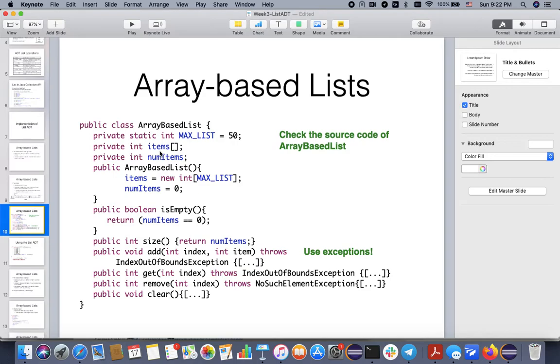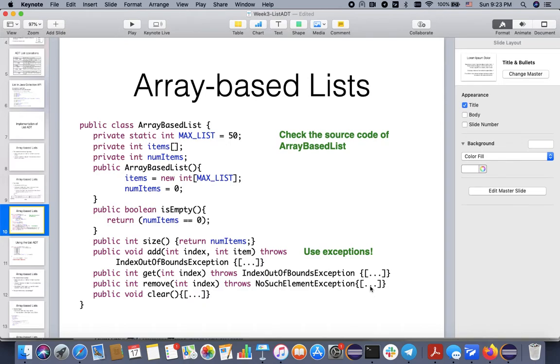So far you have already noticed that I have defined items of type integer. I just wanted to make the very first implementation simple for you to follow. But this implementation is not going to be our final implementation. You can see that I have written a couple of methods here. Not all of them are complete, but you can find the complete implementation in the source code that I have posted